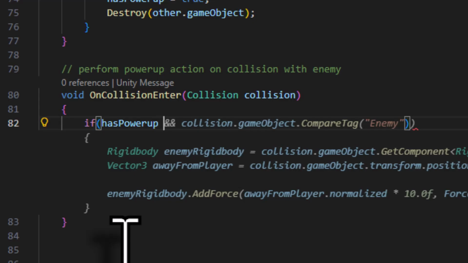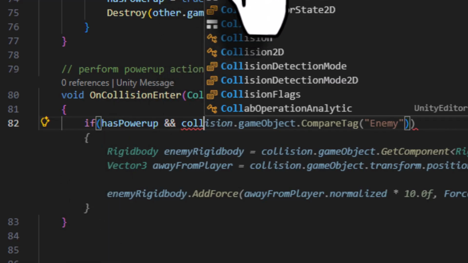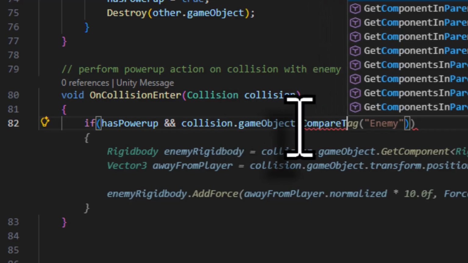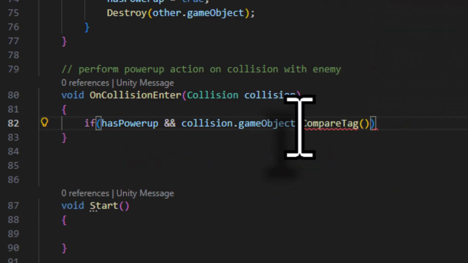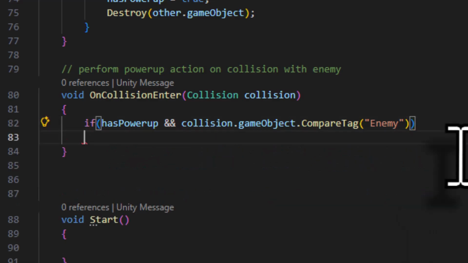I will press space, and in C# we cannot write AND directly to compare two conditions. I will add two ampersand signs like this, and the second condition I have to test is the collision. I am going to call this collision parameter here in the function, and if that game object's tag, I am going to compare its tag, and in open and close brackets, if its tag in inverted commas is equal to Enemy,